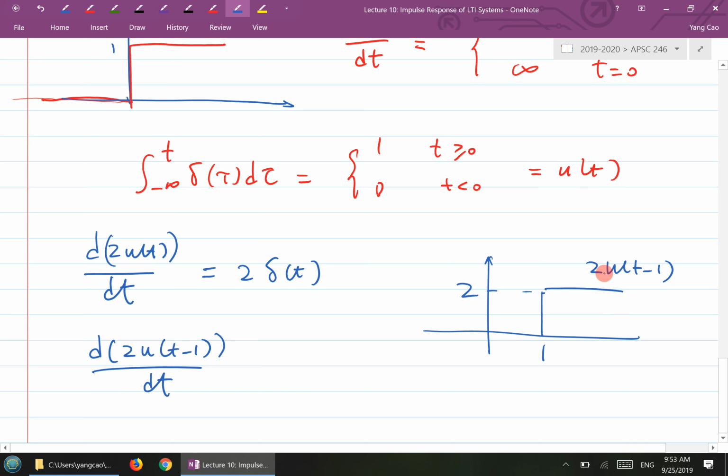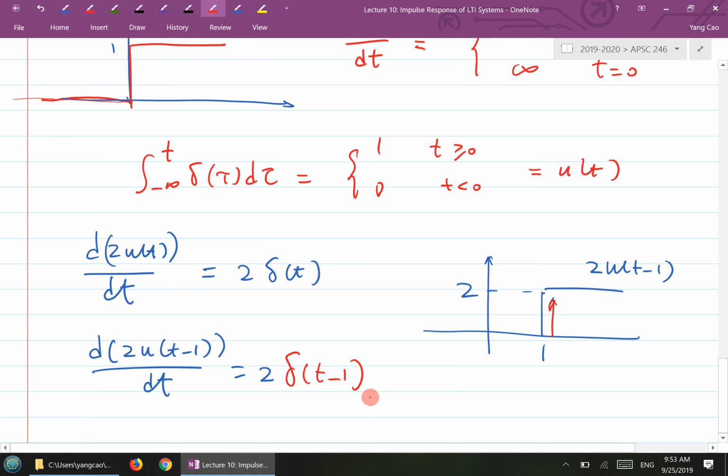Right, 2 times u of t minus 1. Then the derivative of this should give us an impulse at this location, 2 times delta t minus 1. So the impulse will be at this location. And 2 times delta t minus 1, as I reiterated at the beginning of the